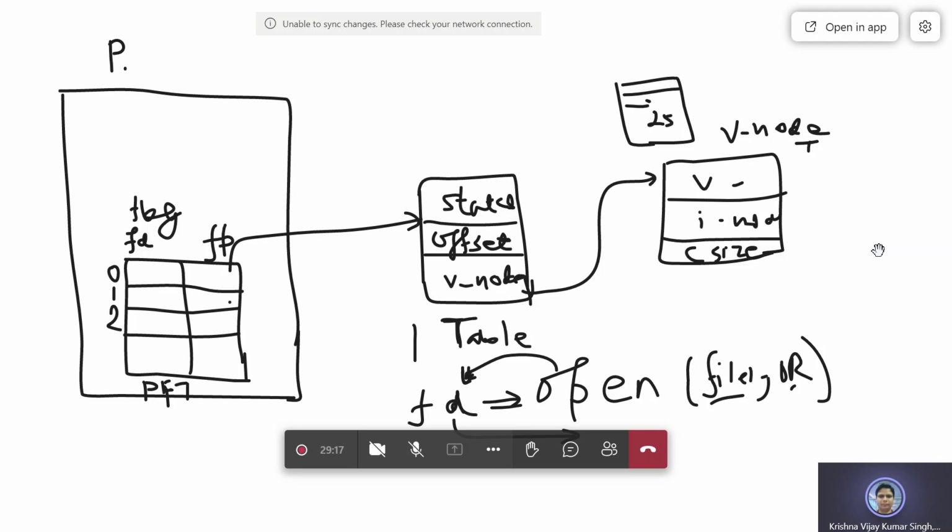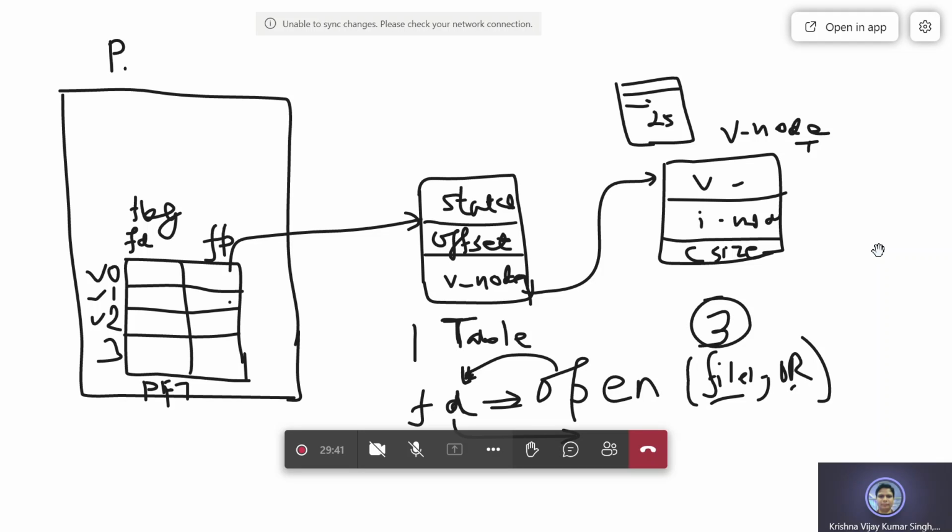For standard input, the file descriptor is 0. For standard output, it is 1. For standard error, it is 2. Now the next number is 3, so 3 is going to be allocated to file 1. If you print the value of FD, you will get 3.